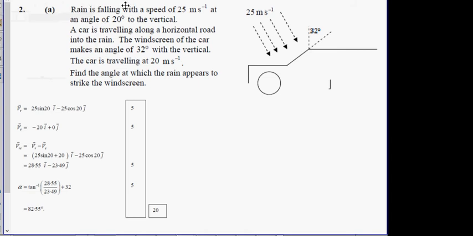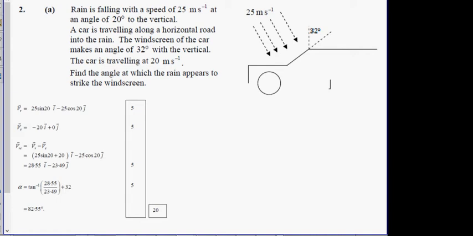Rain is falling with a speed of 25 meters per second at an angle of 20 degrees to the vertical. A car is travelling along the horizontal road into the rain. The windscreen of the car makes an angle of 32 degrees with the vertical. This car is travelling at 20 meters per second. Find the angle at which the rain will strike the